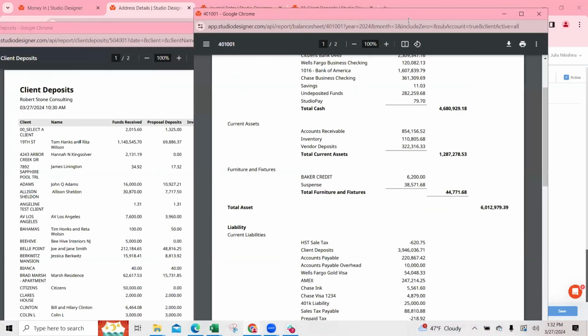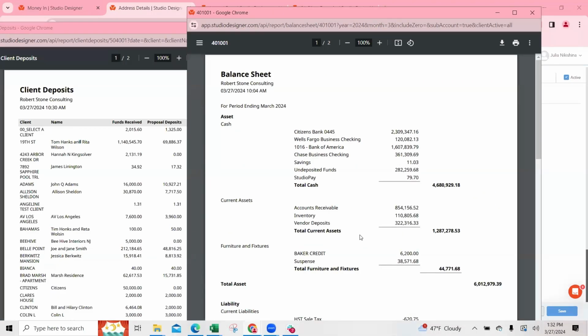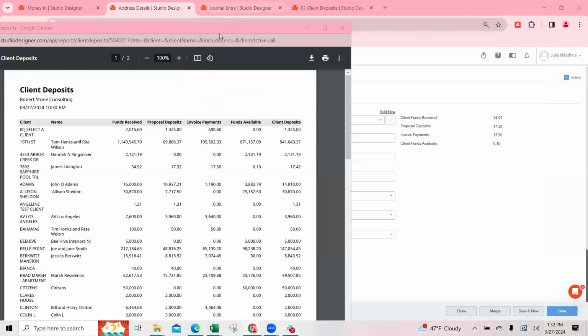And so we're back on our balance sheet. Here's our client deposit. This is the old number. Remember, we did adjust it. And here's our vendor deposits, $322,000. And so where is this number coming from? So remember, we can't adjust it, right? There's nothing that we could do to adjust it through like a bulk entry or any type of entry. Vendor deposits is tied to items. And so a good way to see that is,